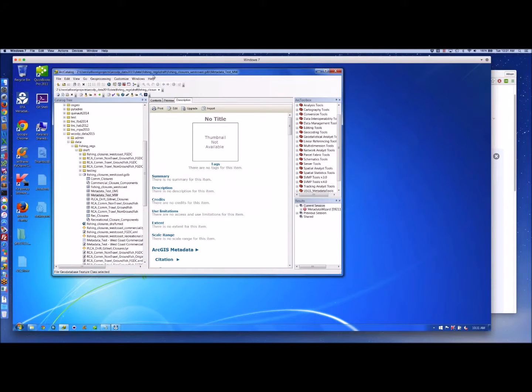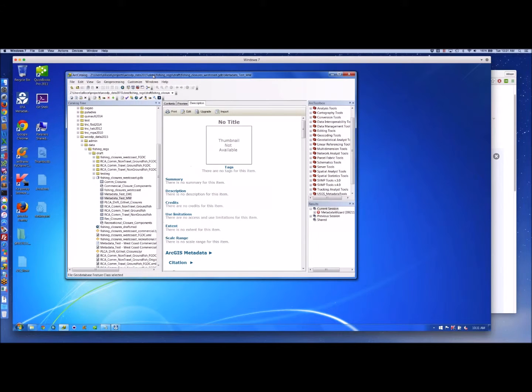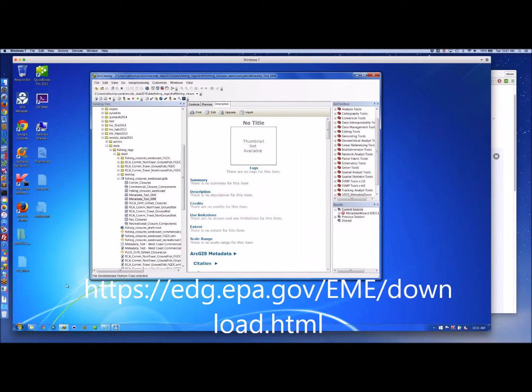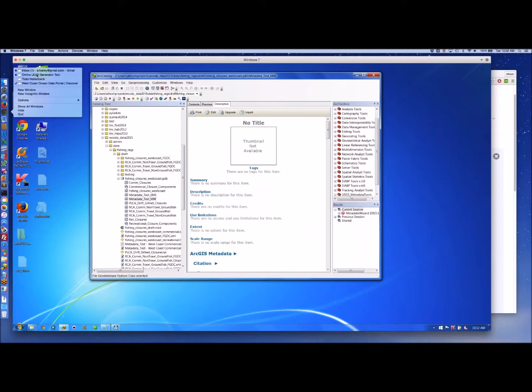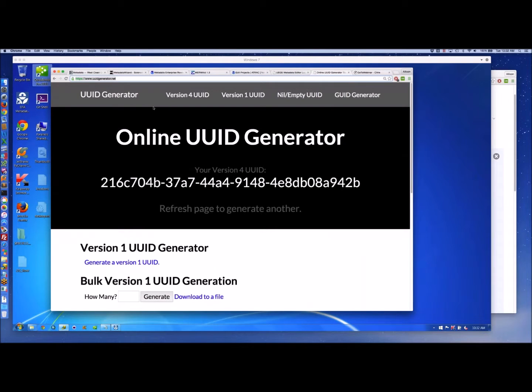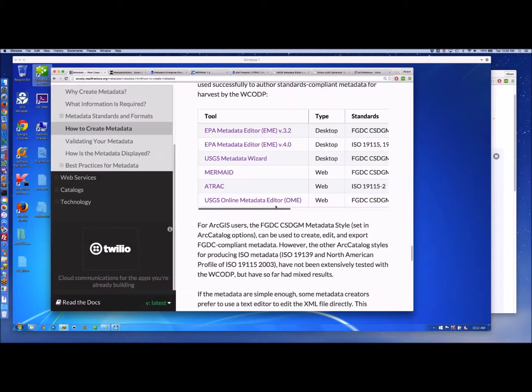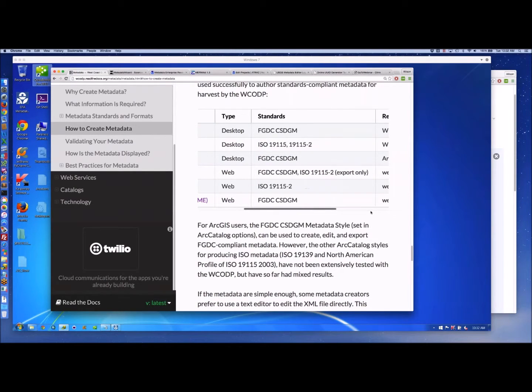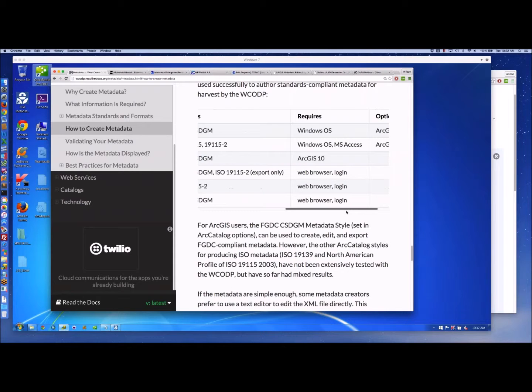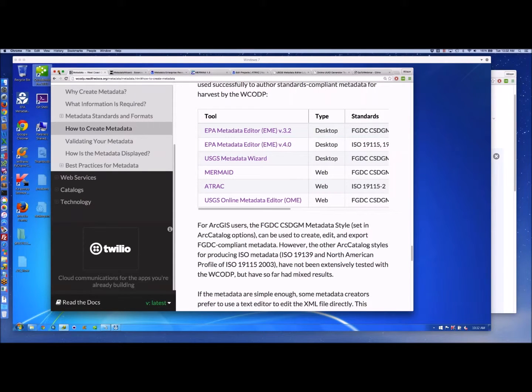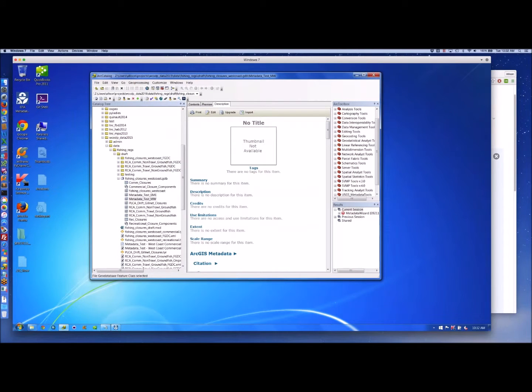So the other version of the EPA Metadata Editor is 3.2. It's also desktop, but it's creating FGDC, and it's the one that requires Microsoft Access for the back end. They both actually integrate into our catalog if you want that kind of function. So the FGDC one,